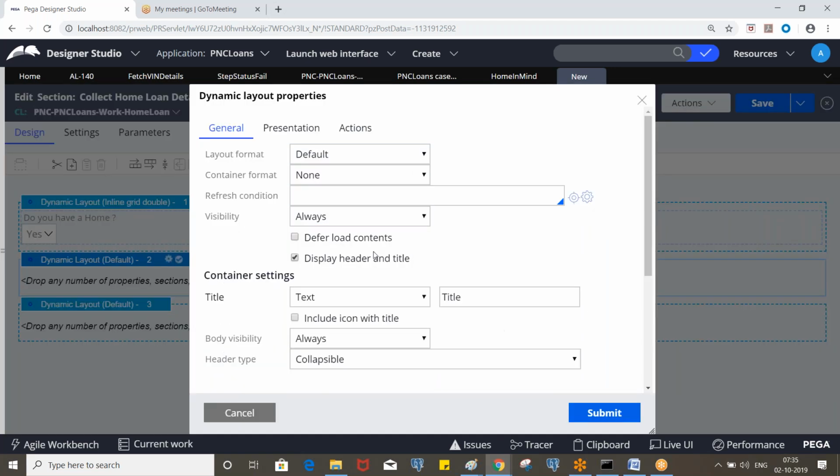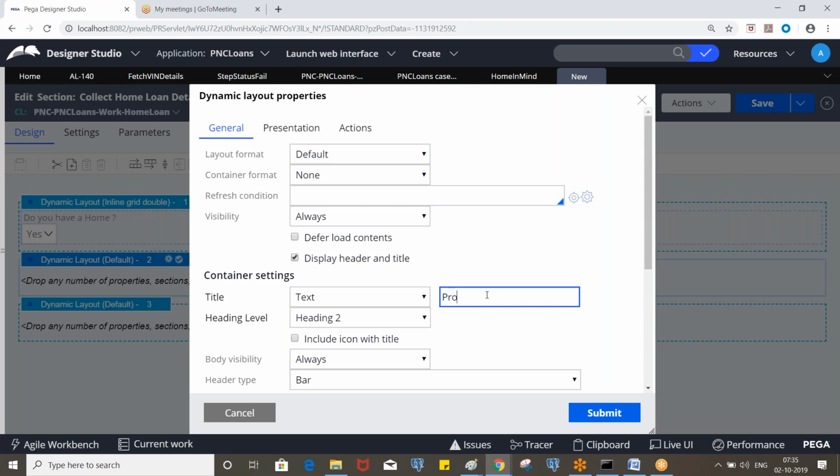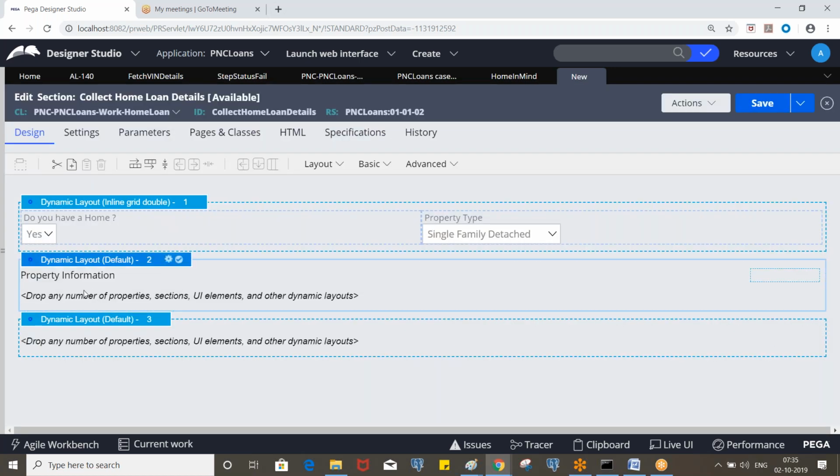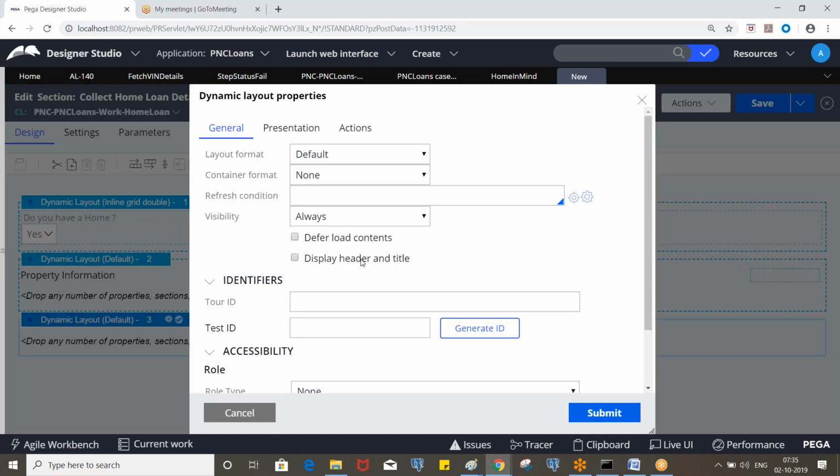This is for property information. If do you have a home is yes, this has to be enabled, otherwise this one. And this is purchase information.